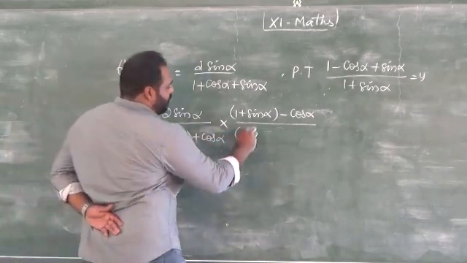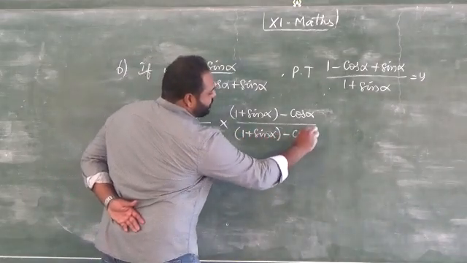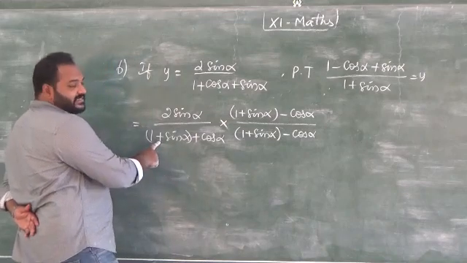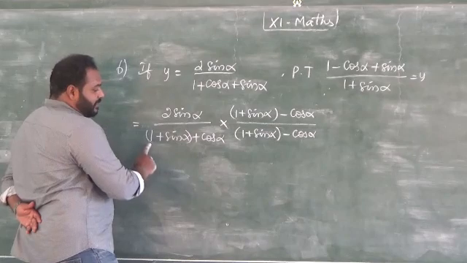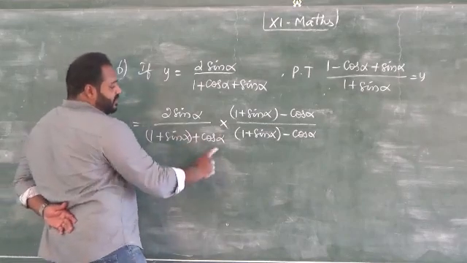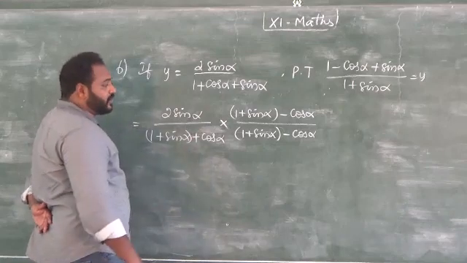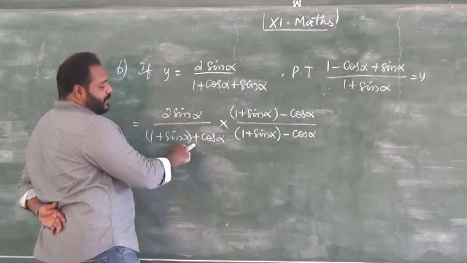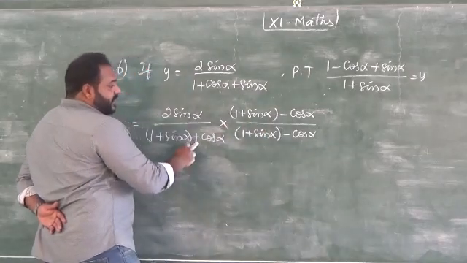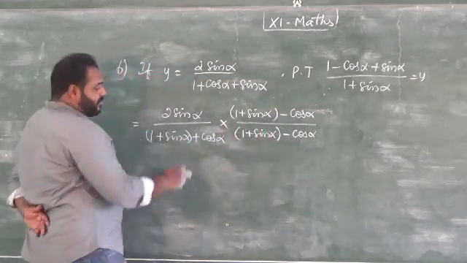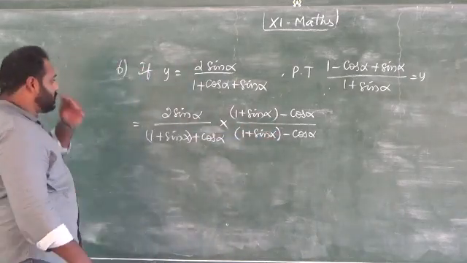So 1 plus sin alpha minus cos alpha. Some of you will make a mistake and change the sign here too. You should not change the sign here because this whole thing I consider as one term. This is another term. So only the sign in between changes. That is the conjugate. When it is a plus, it will be minus. When it is minus, it will be plus. Here it is plus, so I am taking minus. It is called the conjugate.